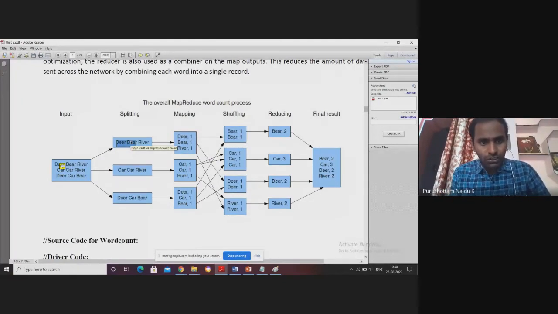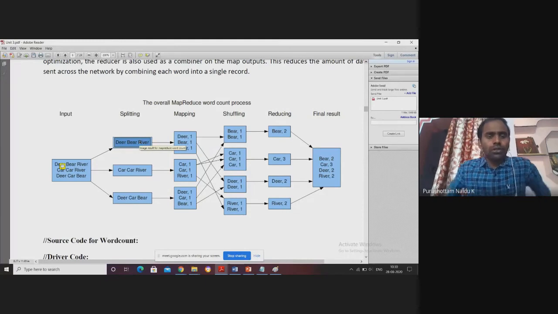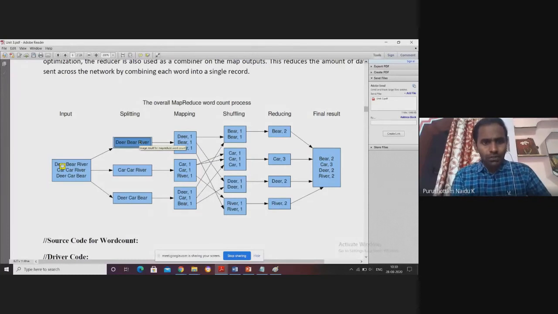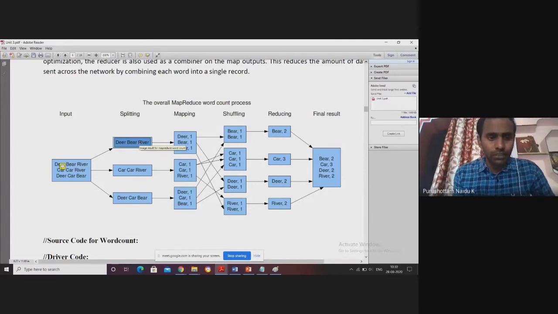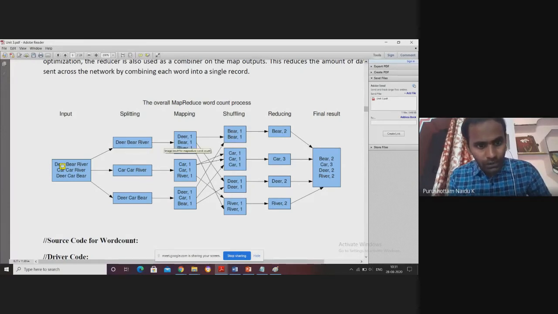The block is the input to the map function, but this block is not like a key value pair. It is just a number of lines. So this data is converted into key value pairs by another class called the record reader. That means the input is given to the map function by Hadoop as the index of the line comma the line: index 0 comma this line, index 1 comma this line, index 2 comma this line.